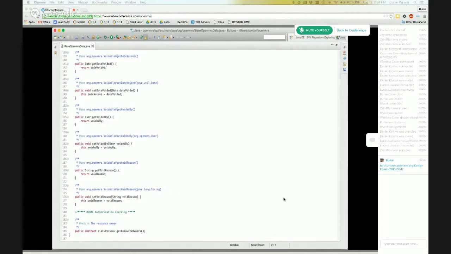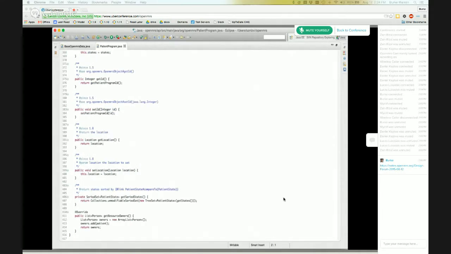And we see here we have the patient program class, and at the bottom this method has been instantiated. So we have the getOwners method where we say that the patient that belongs to this program is the owner of this object, and so we have just a list with this singleton object in there. So just that one patient owner.